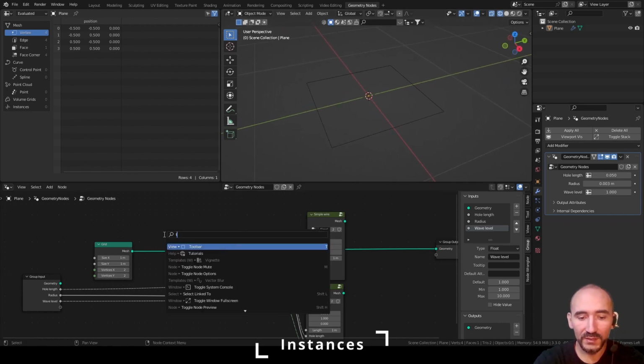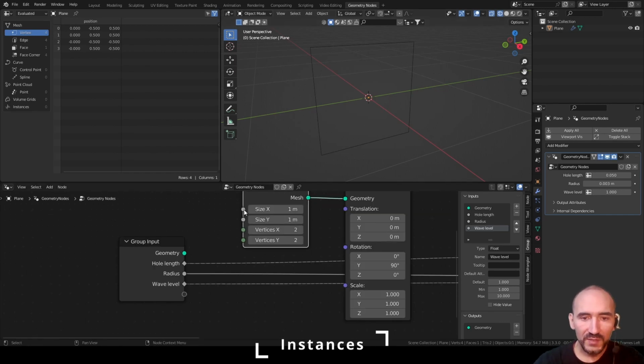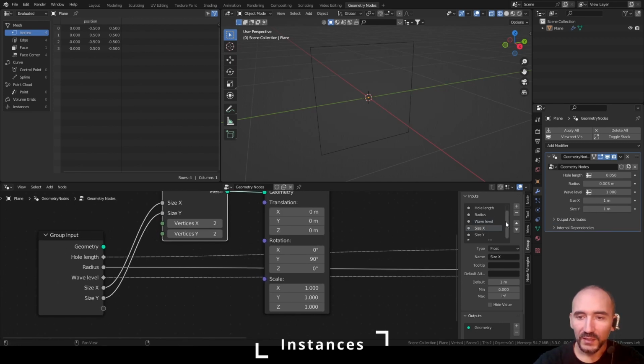We can rotate these to the y-axis by 90 degrees, and we want to instance one line to this vertical line by some points, and the other line to this line vertically with some points. To do this, I have to delete some geometry of this plane. So first of all, export the size X and the size Y of my grid. I can move up